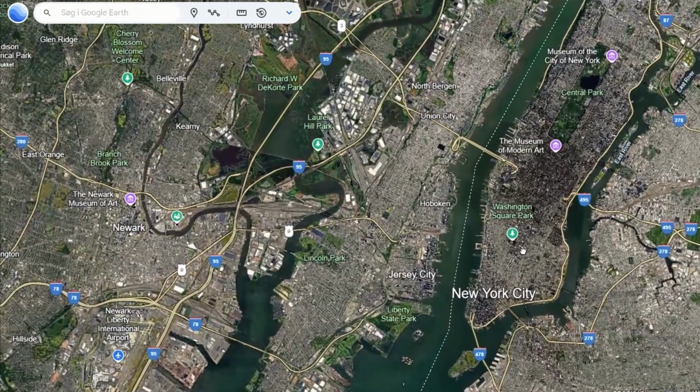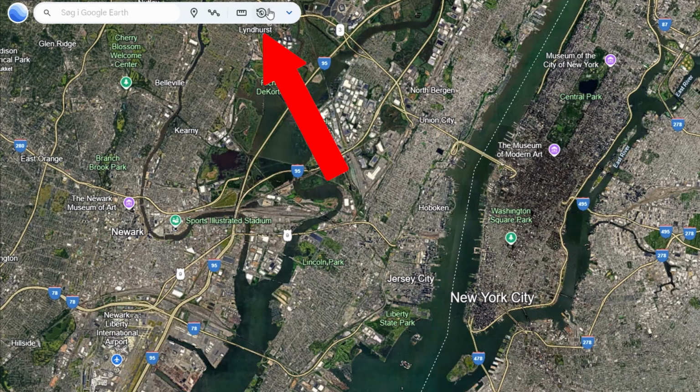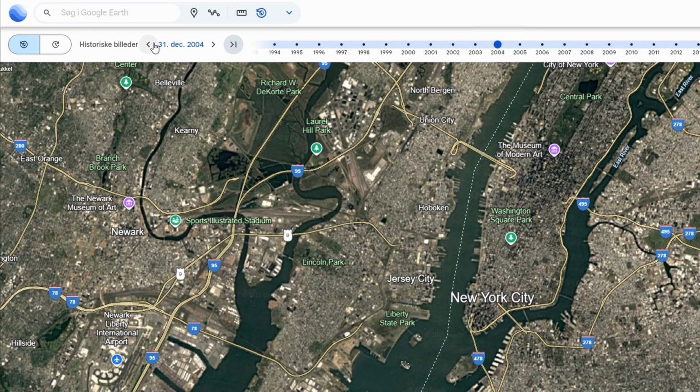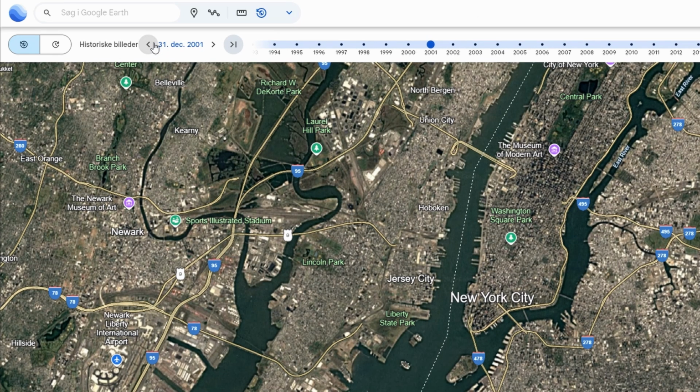In the web browser, you do more or less the same thing. You go to the toolbar and click on the globe with the arrow, and then you click on whatever year you'd like to see. So yeah, that was basically it,